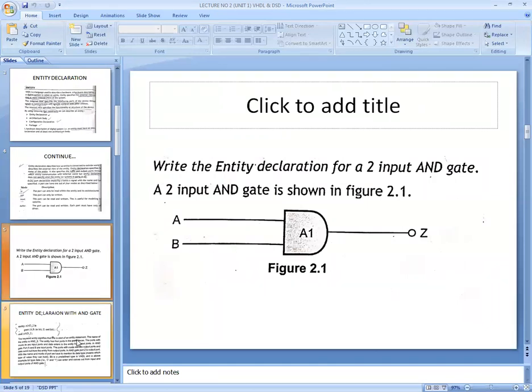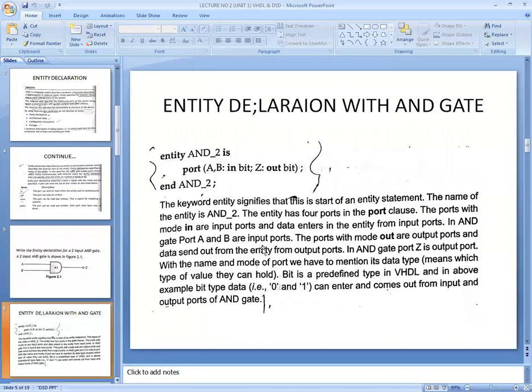That is described with an example. You define the entity, which is called the entity declaration part, and it is common for all three modeling styles: dataflow, structural, and behavioral.